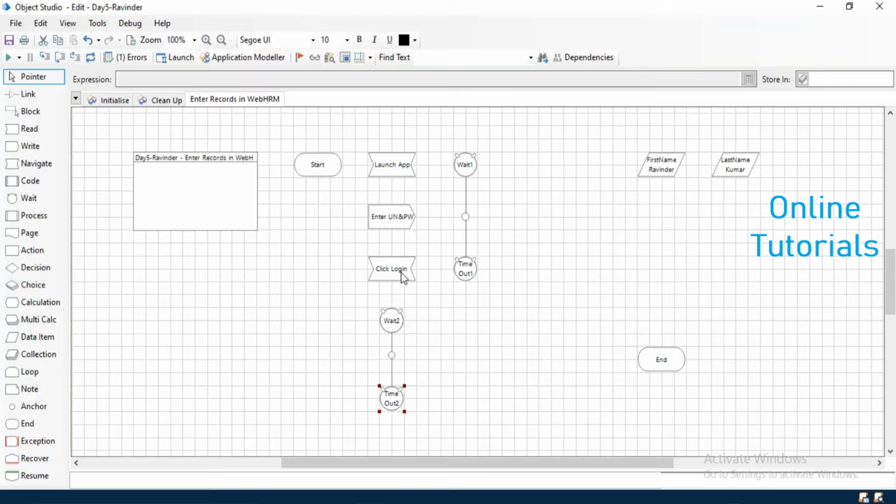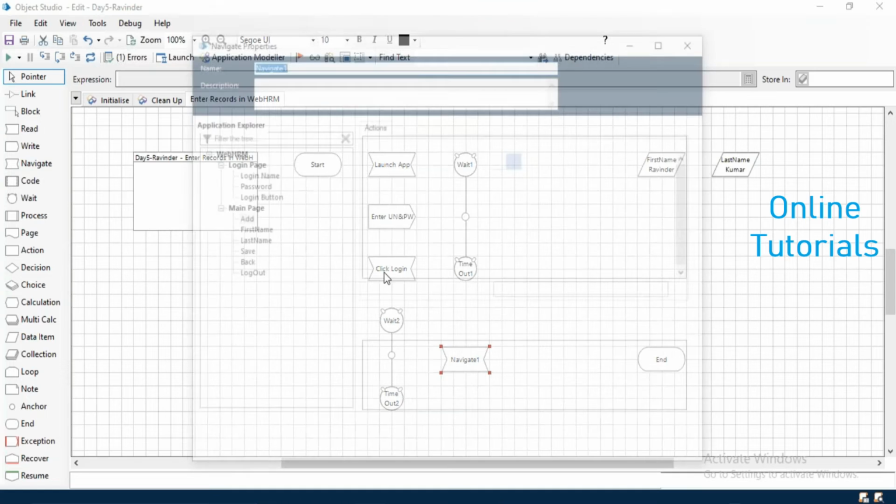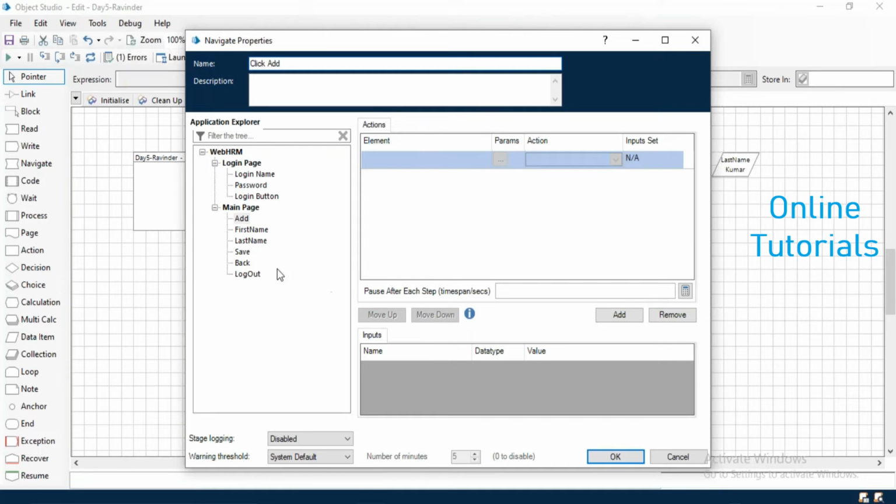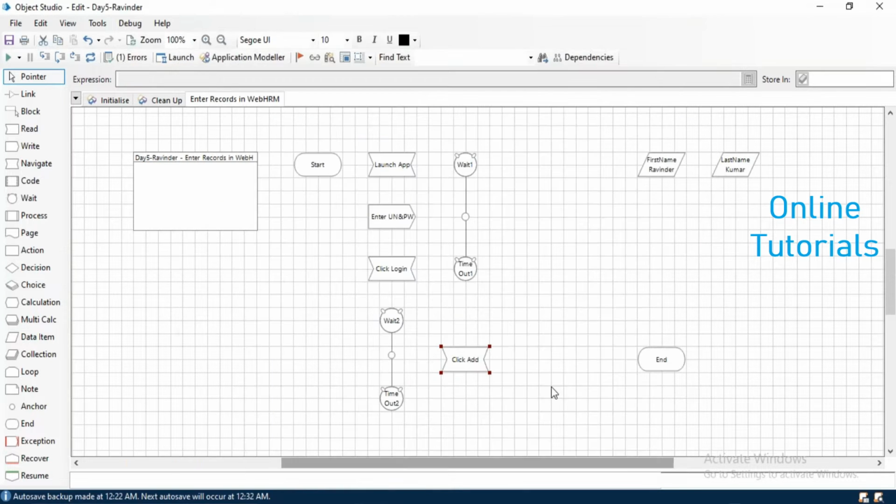I'm just going to create a flow. Then if add button exists, then I need to click on add button. So use this navigate, double click, I say click add. So just click on add, then global mouse click center. After clicking add,